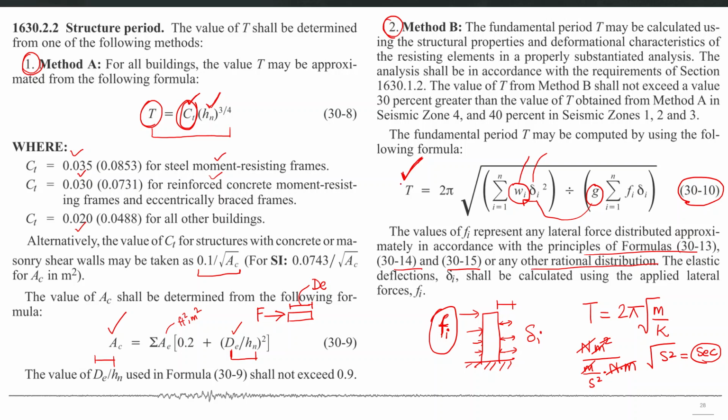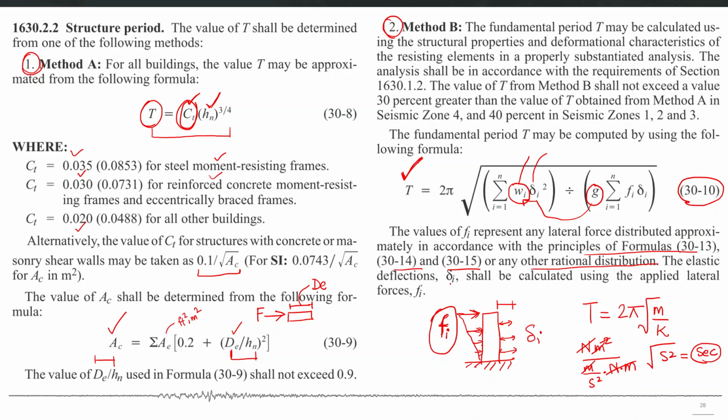So if you want to idealize this time period as the first mode time period of the structure, ideally you should apply a force vector which deforms the structure exactly in the first mode shape. So that force vector will be having the shape of the first mode also, so that it can statically deform the structure in first mode shape.